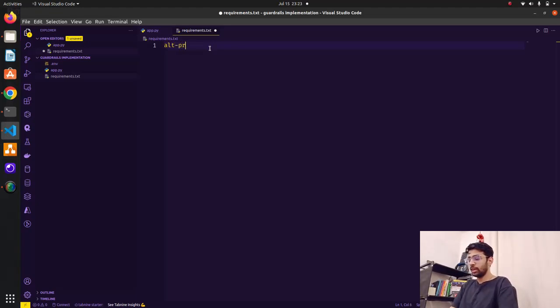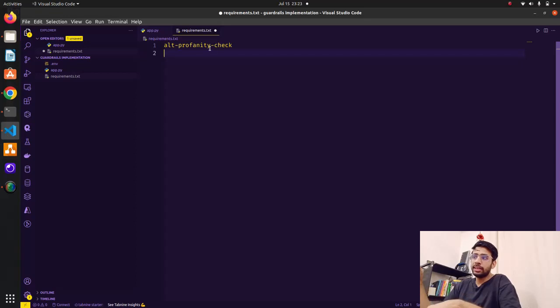The first thing that we're going to need is alt-profanity-check. It's a Python library, because in this implementation of Guardrails we are going to create a simple Streamlit application that will take an input from the end user and translate it with guardrails and without guardrails, and we'll see the response by the LLM.